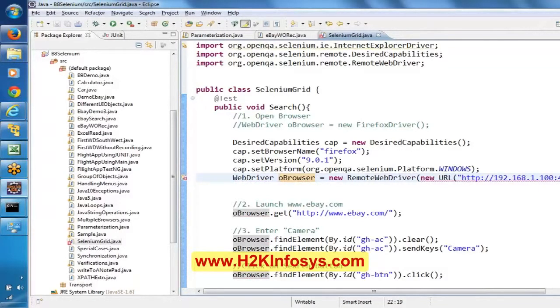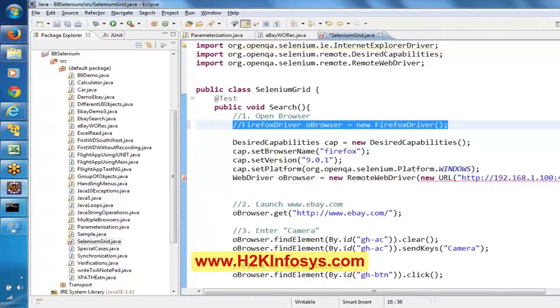Now, see here. Earlier case, we were directly writing this one, Firefox driver. Earlier case, we had this line just to open the browser. Yeah.